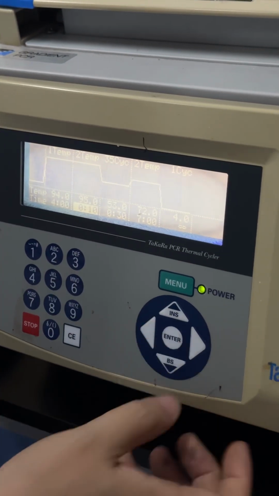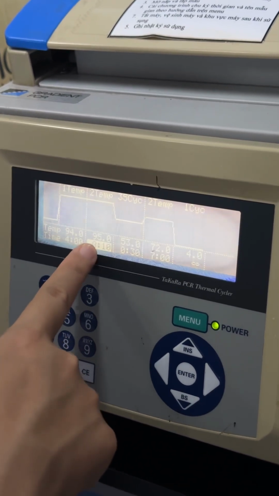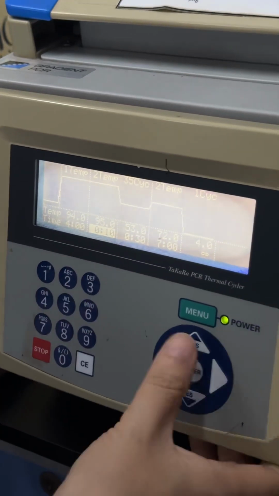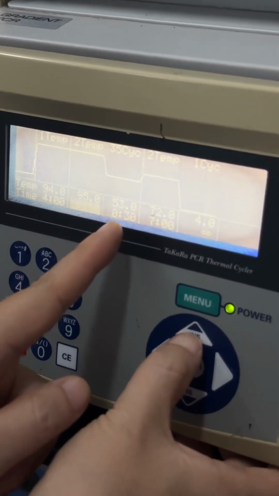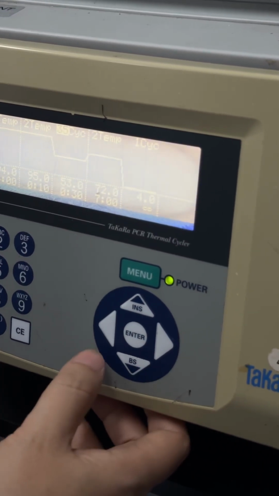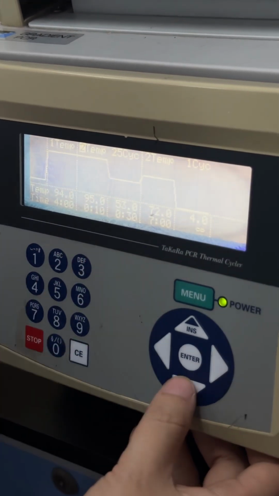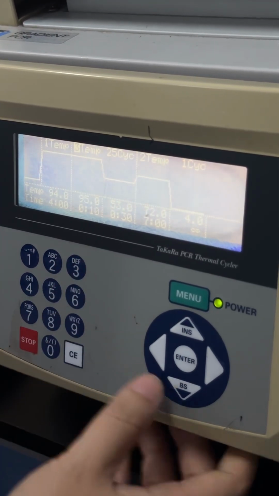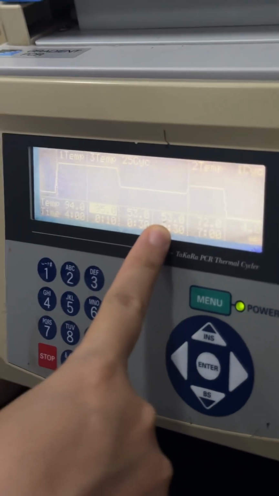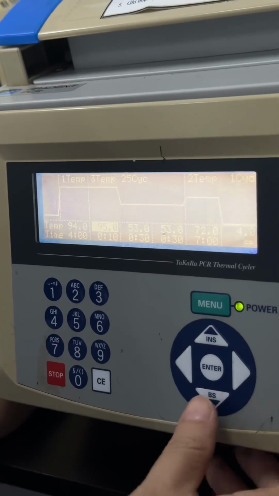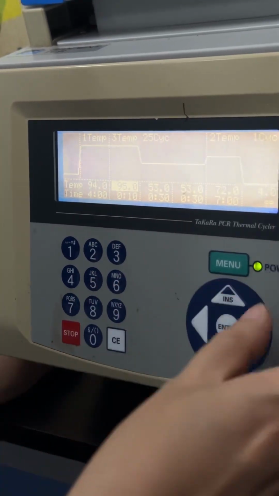So for the 2 temperature, it means that in this step, there will be 2 different temperatures, 95 and 53. This is a different thermal cycle. Okay, this is 2. 35, I want 25. This is a little bit different from ours, so I will change this to 3, because in this step we actually need to have another extension step, right? Yes, based on our thermal cycle. Okay, so we would adjust this: 95, 10 seconds, 53, 30 seconds, this one